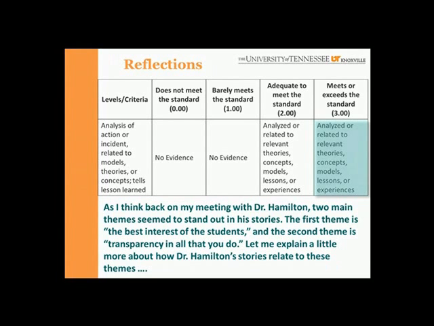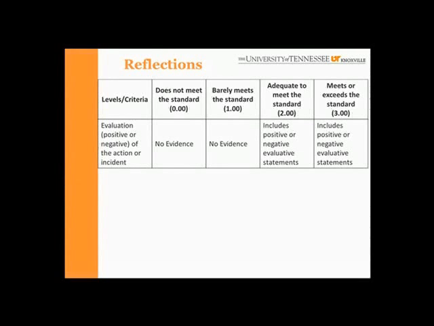The next criteria is to include a positive or negative evaluation of the event. Once again, we see that for 0 and 1, they have the same criteria: measurement of no evidence, and 2 and 3 have the same measurement, but obviously, once again, a more in-depth description will yield a higher score. Here's an example of a